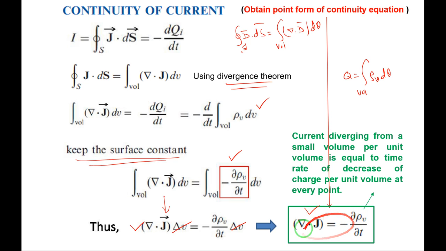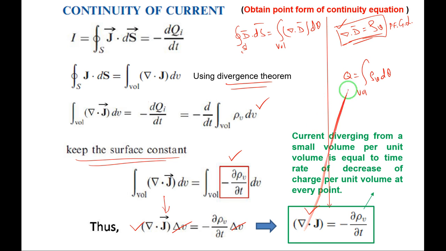Can you compare this equation with something? Del dot D vector equals rho v. Yes, what is this? Del dot D vector equals rho v. This is Maxwell's first equation, also called the point form of Gauss law. We are finding the divergence at a particular point, and what is the volume charge at that particular point? We have seen that. In the same way,